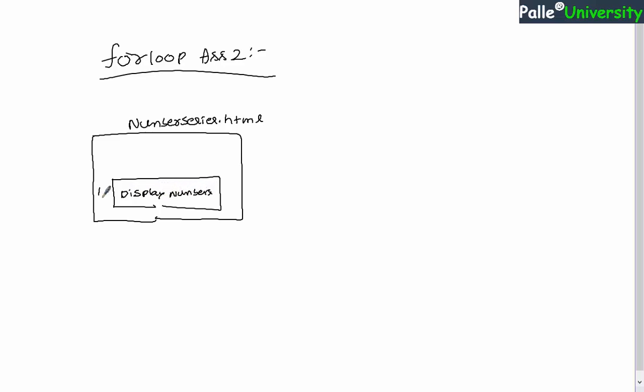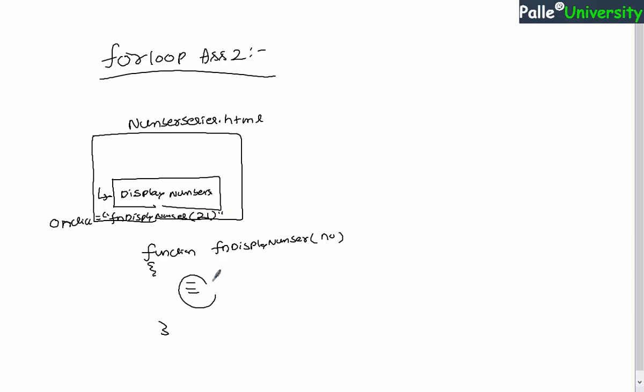numbers. When user clicks on this button control, you need to call a JavaScript function, maybe which is created with the name fnDisplayNumberSeries, and it has to take number as input parameter, right? So tell me from where we should call this function. From the onclick event of this button control. So from the onclick you will be calling like this, fnDisplayNumberSeries, and let us say I have passed some number as 21. It can be any number, it doesn't matter.